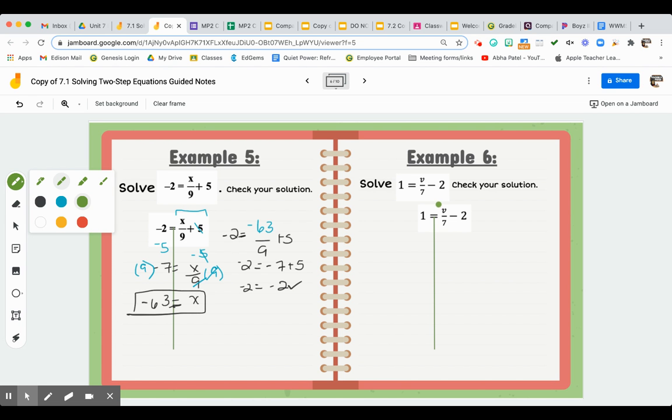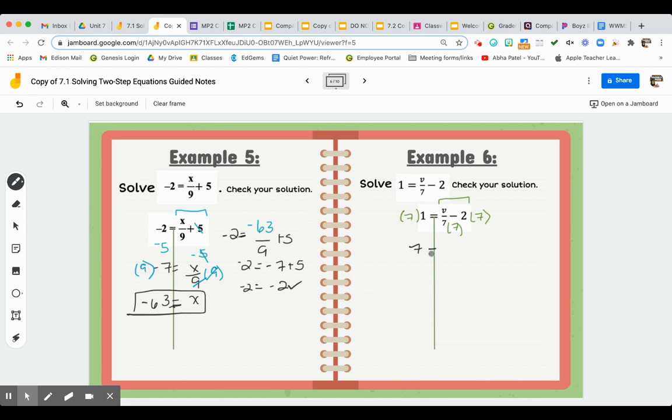This problem over here, once again, variable on the right side. So we're going to be dealing with the subtraction of 2, not the division of 5. If you do the division of 5, if you want to get rid of that fraction first, you need to multiply 7 to all of it. Let me show it to you that way. It's not the way that I would like, but if you choose to go this way, you need to multiply that denominator to every single thing that is separated by an addition or subtraction sign. So you're going to end up getting